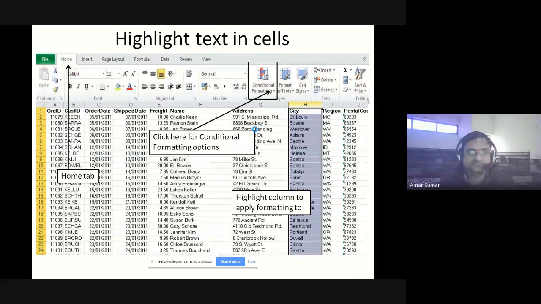Now, where will you get the conditional formatting option? In the Home tab, you will get the conditional formatting option. With the help of conditional formatting, if you click on conditional formatting, then, suppose that